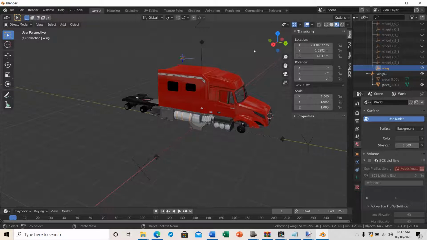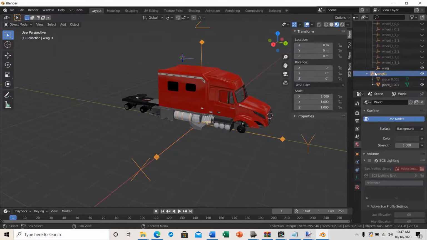And then on our z-axis, we're at 4.037. So now we have our XYZ coordinates of our locator object, and we're going to move our wing root to the same location. They have to match. Our wing root and our wing locator, they have to match. So the wing root right now is at 0, 0, 0. So we need to change the X coordinates to